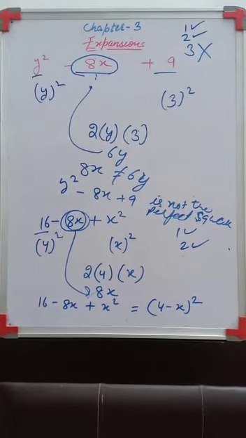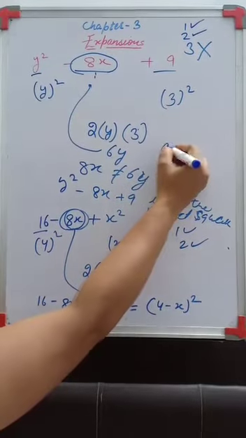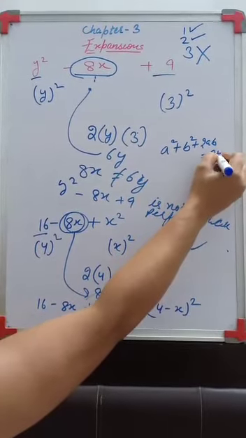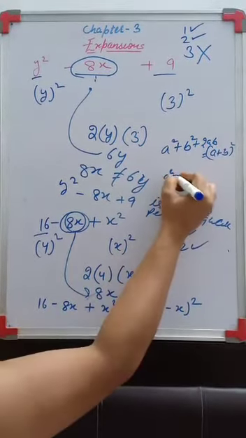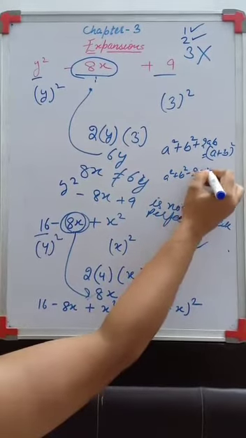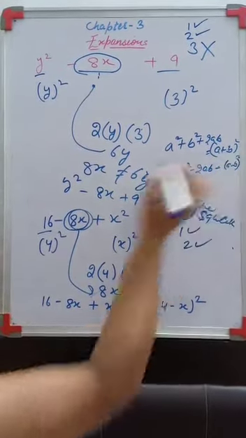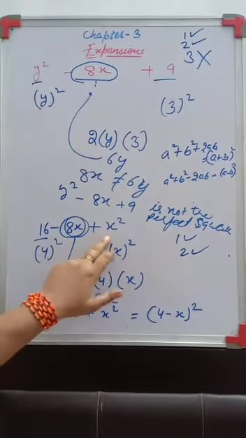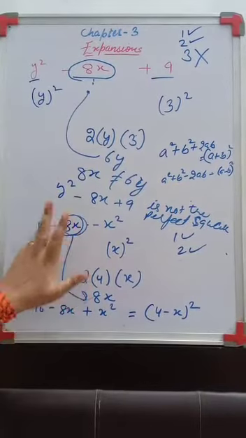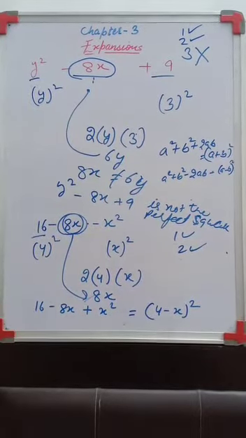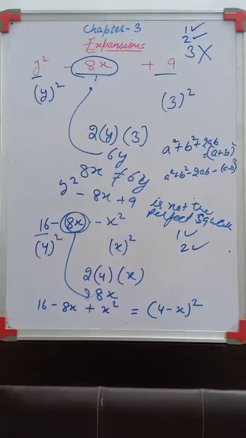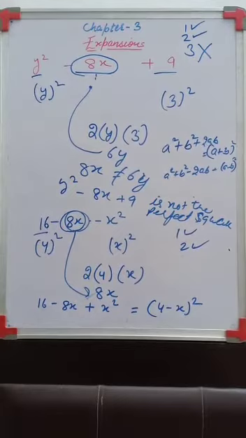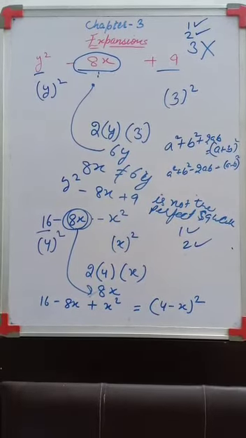See, in your formula you have done two identities: a square plus b square plus 2ab is equal to a plus b whole square, and a square plus b square minus 2ab is equal to a minus b whole square, right? That means the perfect square that you are taking must be over here, and this can be minus 2ab or plus 2ab. But the thing is that all three conditions must be satisfied. Only in that case it will be a perfect square, right? So you will check whether the given equation is perfect or not.